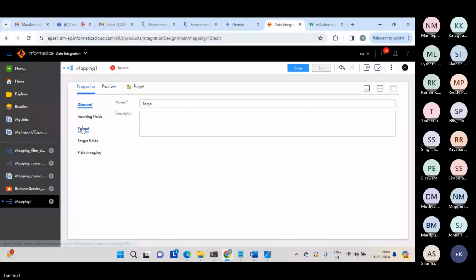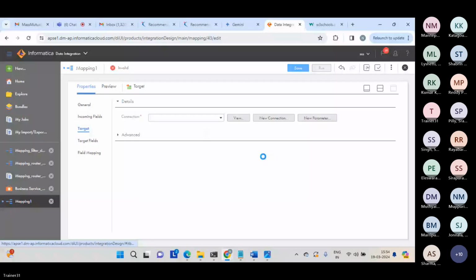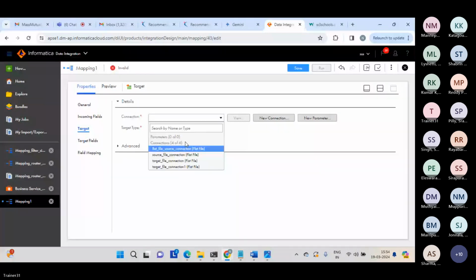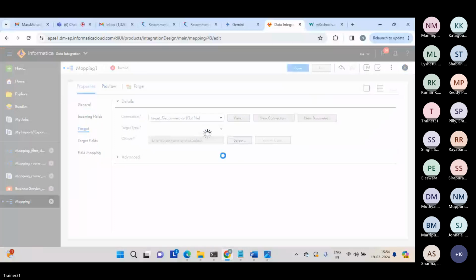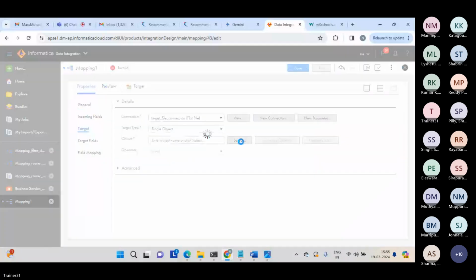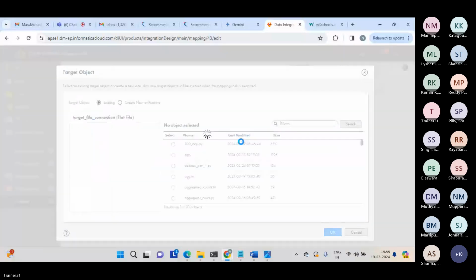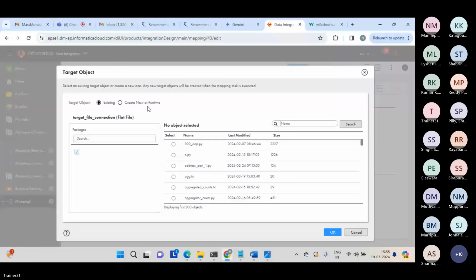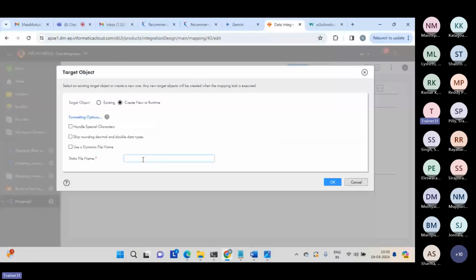So go to target and supply the target file name. Yeah. So which is going to be what